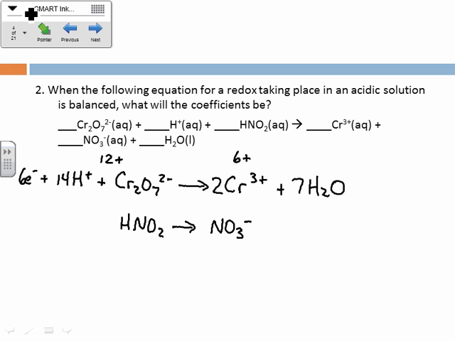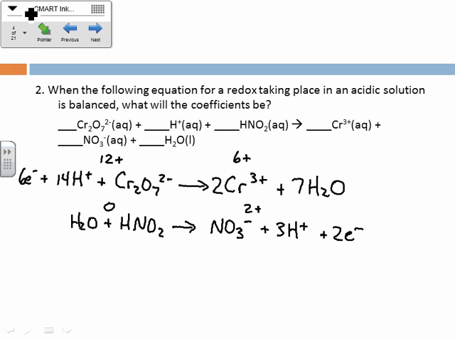Second one down here, a little trickier maybe. There's 2 oxygens on the left, 3 on the right, so we need to add an H2O to this side. Okay? But now we've got 3 hydrogens on the left and none on the right, so we need to add 3 H pluses over here. Okay, and that gives our charge, there's 0 charge on this side, there's a 2 plus overall on this side, so we need to add 2 electrons to the more positive side here. Okay,